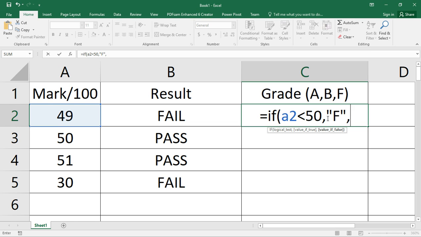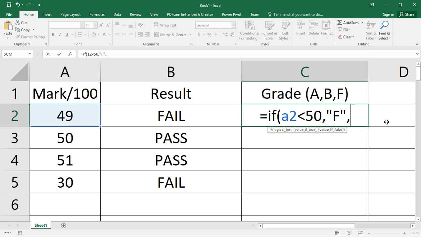So we now need to check again, since we still have a condition which gives us true or false. For the first case, we said less than 50. If it's not an F, we still have two more conditions which can be either true or false.